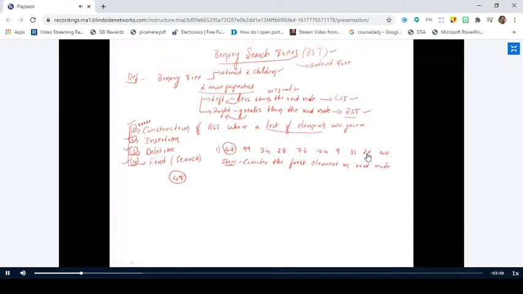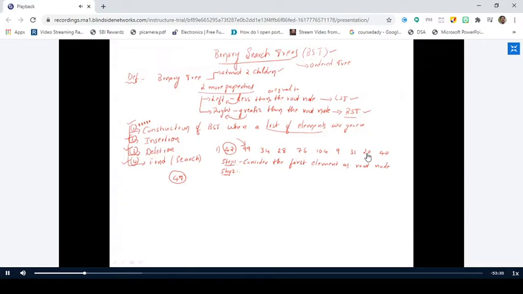After selecting the first element as the root node, you go to step 2. What is step 2? You go to the second element. What is the second element? 99, right? You have to compare 99 with the root element. The comparison always starts with the root element only. So 99 compared with 47, is it greater or less? 99 is greater than 47.